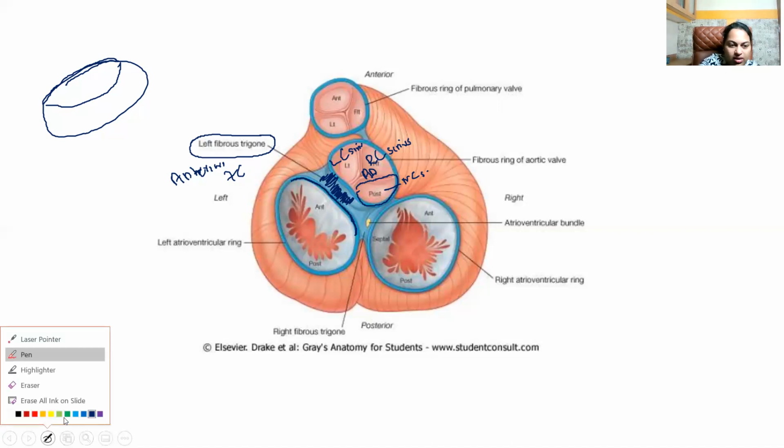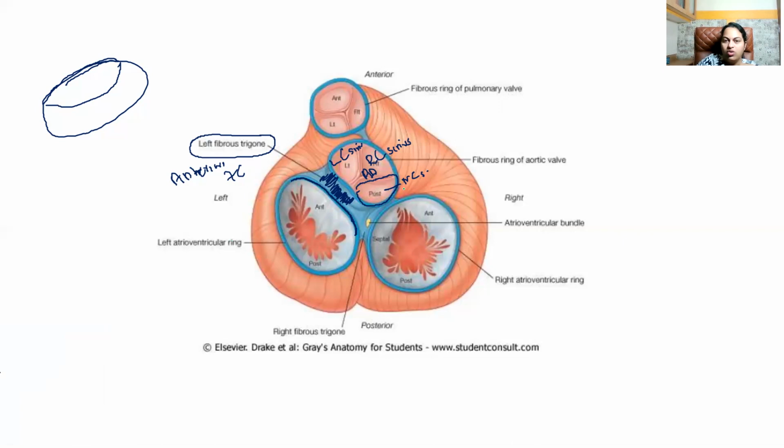Now I'll use another color, red. Okay, you want green color. Okay. This is the non-coronary sinus, isn't it? So this collagenous framework, all that you see here in relation to the right posterior aortic sinus or the non-coronary sinus, is going to be given a name, the right fibrous trigone. This right fibrous trigone carries more importance than the left fibrous trigone because it is going to give